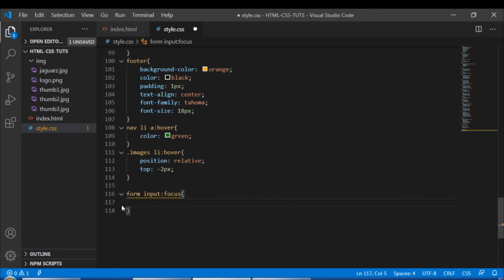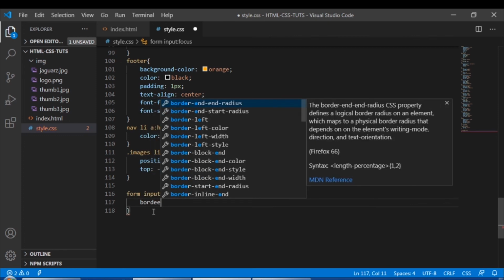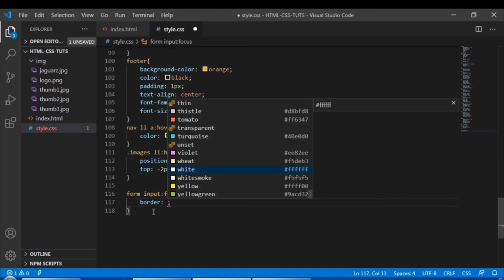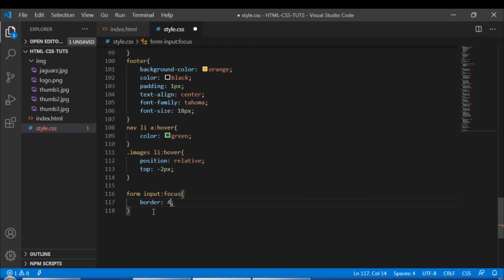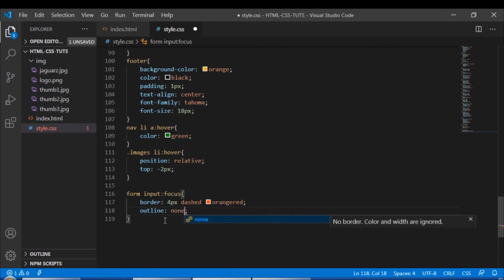So let's say for example border, 4 pixels and it is dashed orange. Okay, and the color is orange. There you go, and outline is none.